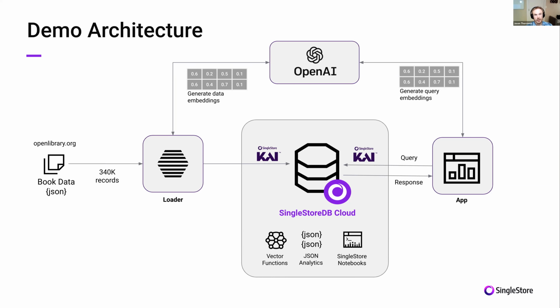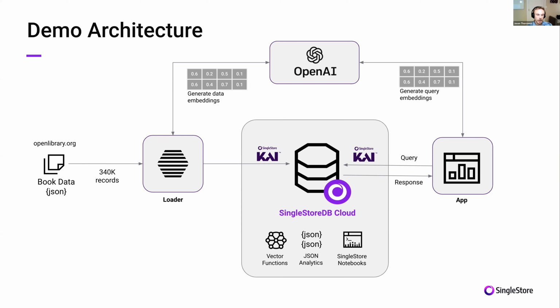They dump a data set of all of their data, which you can use for projects like this one, where we're going to search over the book metadata as an example of text embeddings. I took about 340,000 records. This represents all the fiction and nonfiction books in their database, and brought that into a loader program that's written